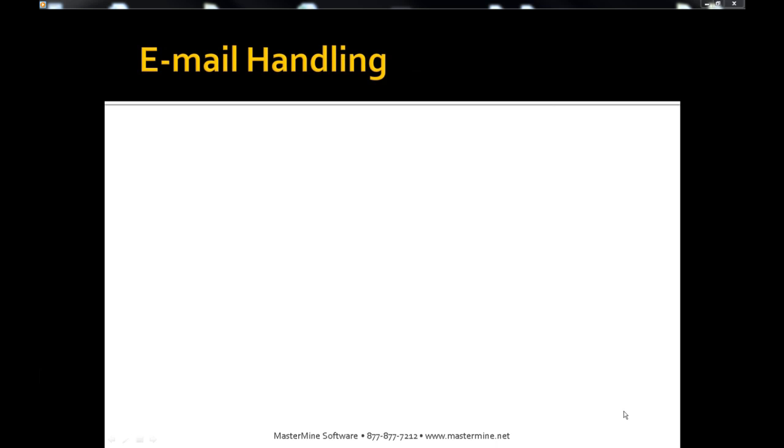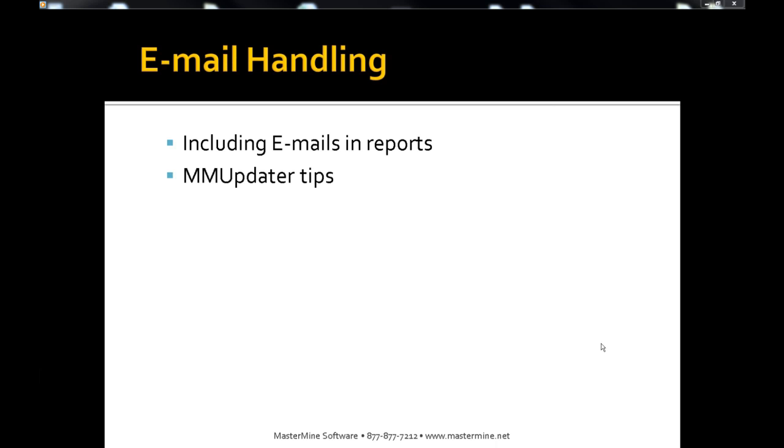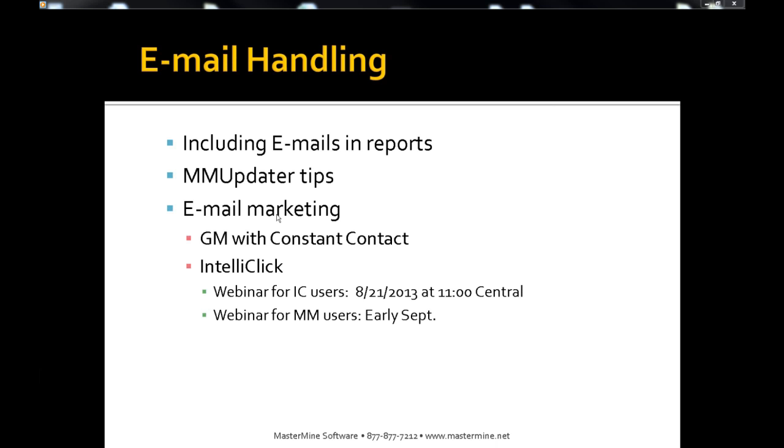So let's get into the email handling aspect of what we're going to talk about today. To start with, I'm just going to give you a quick overview of what we're going to talk about here, and then we'll go in and do it, and then we'll come back for discussion. So including emails and reports, as I mentioned, some updater tips for handling emails. We'll talk a little bit about email marketing, both handling campaigns within what you've already got in Goldmine, in other words, with your current Goldmine application, as well as some new things that Goldmine has coming up in relation to Constant Contact in particular,